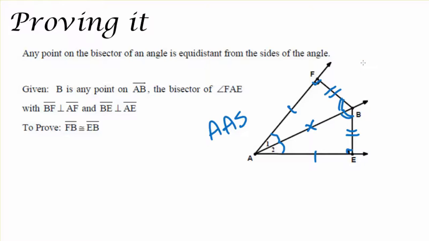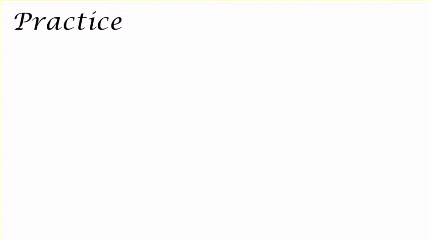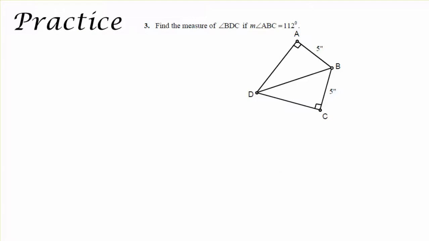But let's apply these principles with a practice problem. So in this figure, I need to find the measure of the angle BDC if I know that this large angle, ABC, is already 112 degrees. Now I know I have an angle bisector because of the two right angles and the fact that AB and BC are equal, but I'll instead try to use the fact that this figure overall is a kite. So ABC and ADC must be equal to 180, so if I subtract 112 from 180, I will get 68. And if ADC is 68, BDC, which should be half of it because the angle's been bisected, should end up being